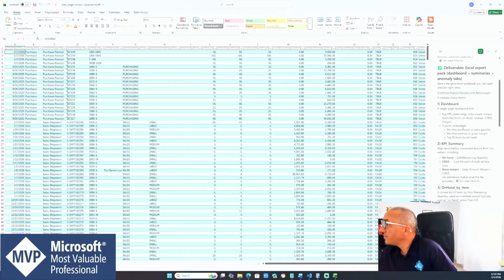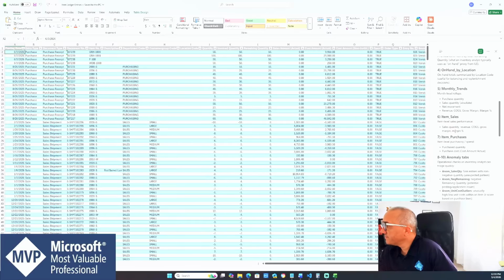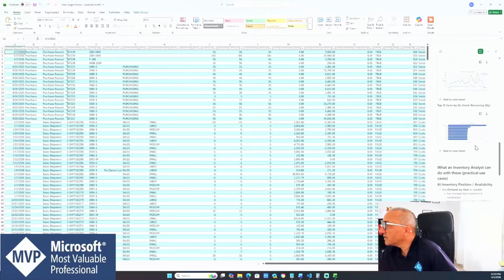So it's coming up with a single page dashboard with key KPIs, 3 charts embedded, a KPI summary. So if we want this dashboard in our Excel file, we can push it there. Or if we want this one, which is monthly revenue and gross margin,